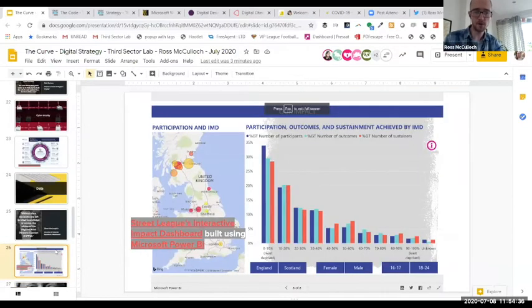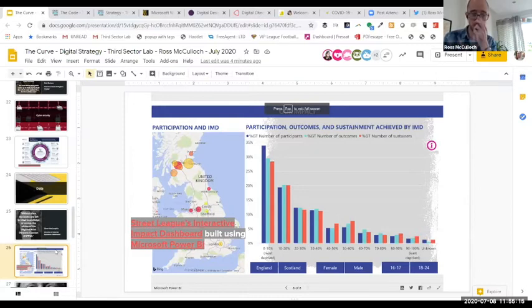So a really nice example of this is Street League, which has an interactive impact dashboard. They wanted data to help their wide range of funders across the UK understand what Street League are doing and the difference that Street League makes, whether it's in Dundee or in Leeds or in London. If you click on the Street League website, you can see a really simple dashboard that they've built, and that pulls data in from their CRM system to display it in a really simple format that anyone who's going to refer a service user onto them can understand, but also that their funders can see at a glance what they're doing and the impact that they're having around the country.